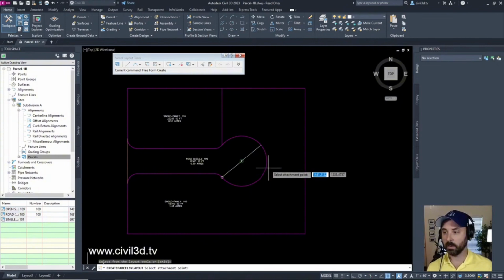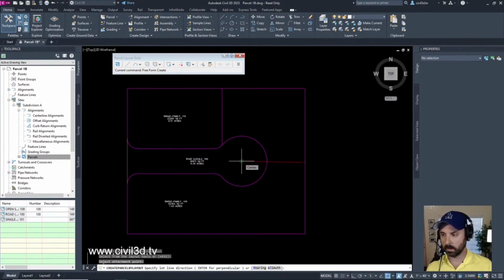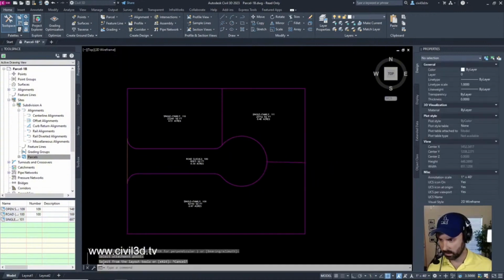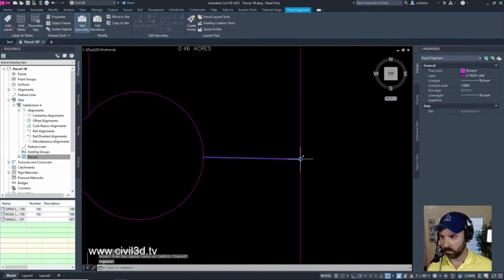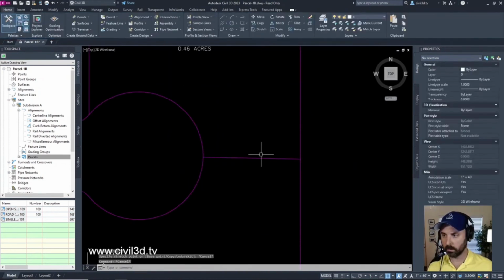If I'm over here, then I'm perpendicular to the cul-de-sac. But if I'm over here, I click this, I go to the center of this, but it goes to the radial. I don't want it to go to the radial. No. Undo.